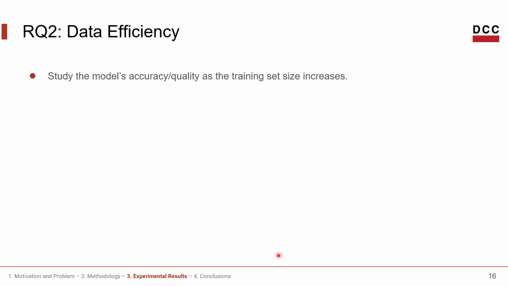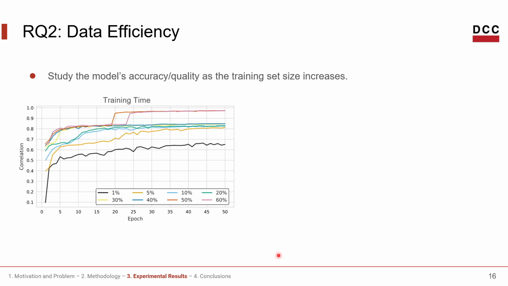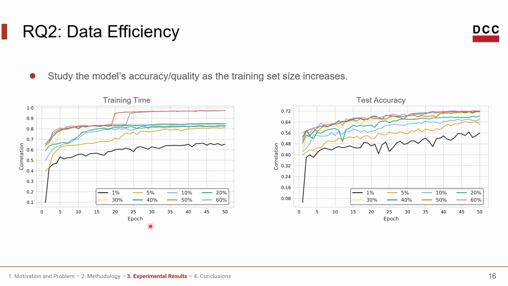Now, the second question is about data efficiency, and the idea here is to measure training from scratch on the target dialect to see how the accuracy evolves as the data set size increases. Now, for the majority of the graphs that I will show, they follow this format right here of showing the training progression over the epochs and the correlation metric, which is Kendall's tau. Kendall's tau is a ranking metric that basically measures the ability of the model in ranking neural networks appropriately.